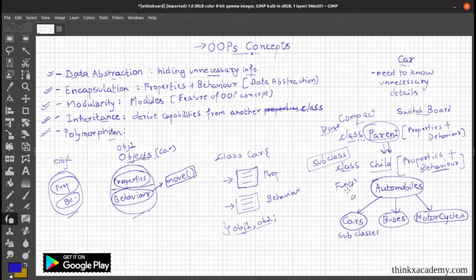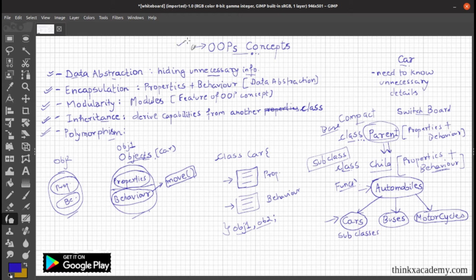So this is the only thing that makes our program compact, because you will just create a parent class, you will include the functions and the data members, and the next thing you will do is you will just create a subclass and you will just inherit those behavior, and you can just use them here with some other data. We will see how we will implement inheritance in the upcoming tutorials, but the main reason why we